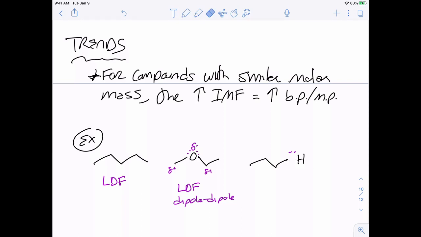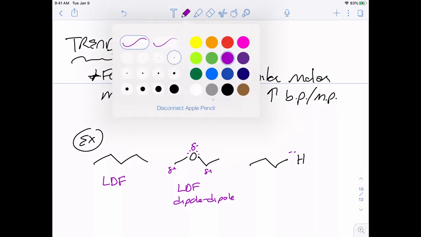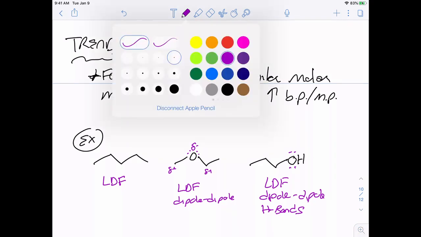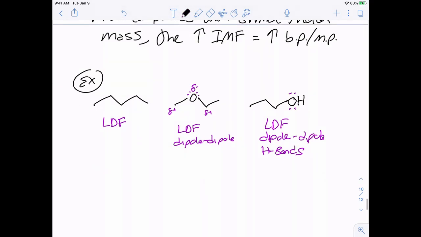That's not a very good. Oop. My lone pairs look like a line. Don't draw lines for lone pairs. So this one, London dispersion forces, we just did this up above, dipole-dipole, and then hydrogen bonding to itself. So in this direction,